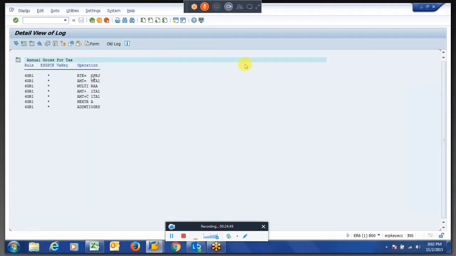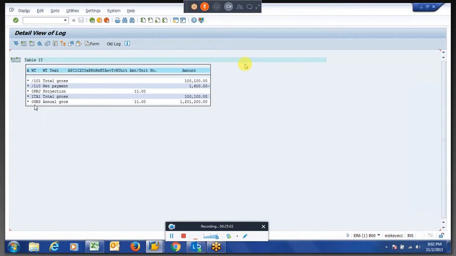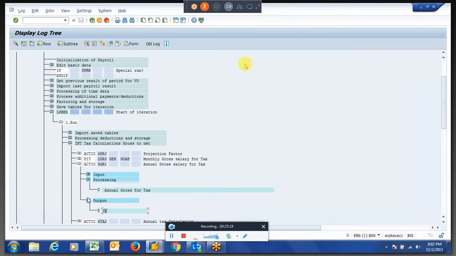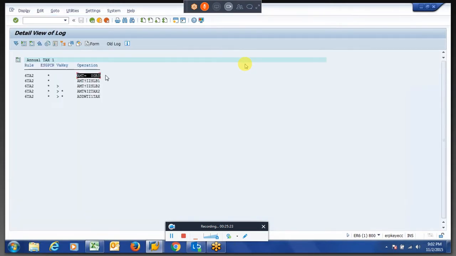What it is doing is projecting. It is calculating this value because we are going for a projection. As of now, it is correct. Then it is calculating the annual tax, what it should be. We take that amount and compare it with this.